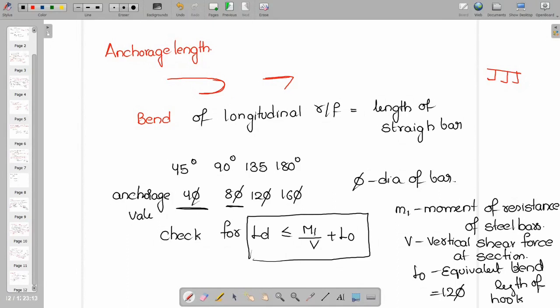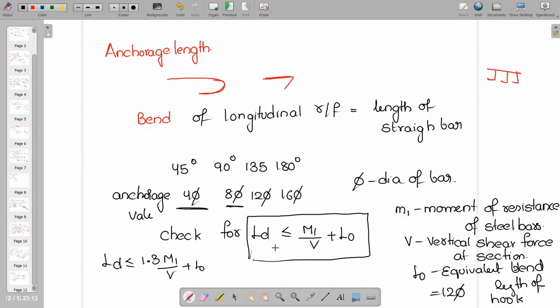Similarly, the anchorage values I had asked. Every time it is 45 degrees, then it is equal to that. Yes, that is what the code says. But see, sir, actually the development length will be less than or equal to 1.3 upon M1 by V plus L naught